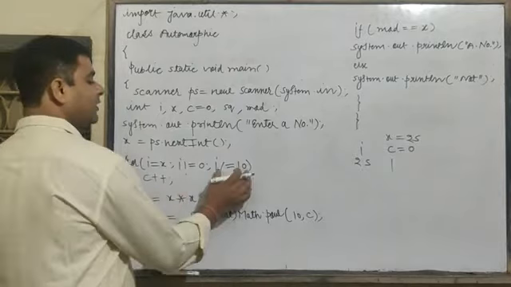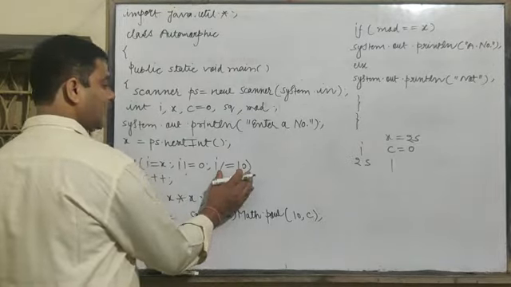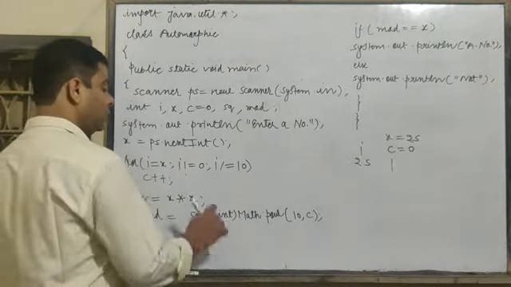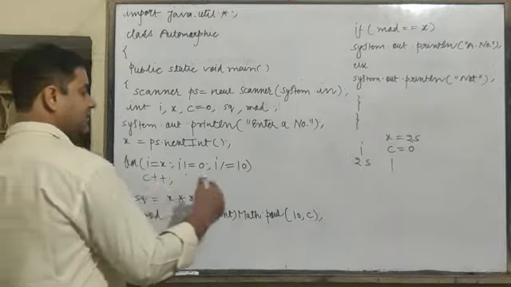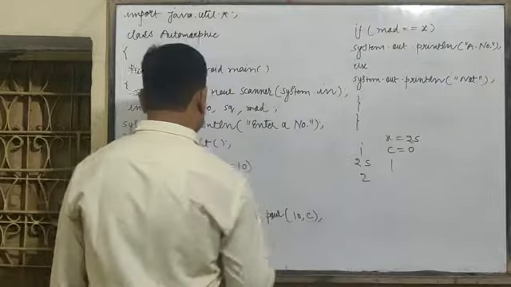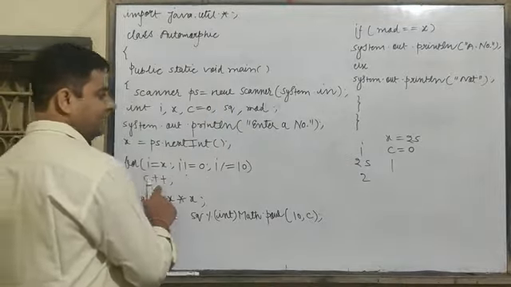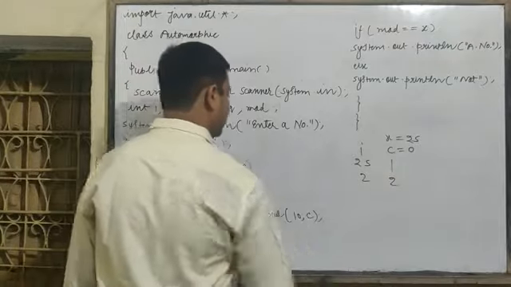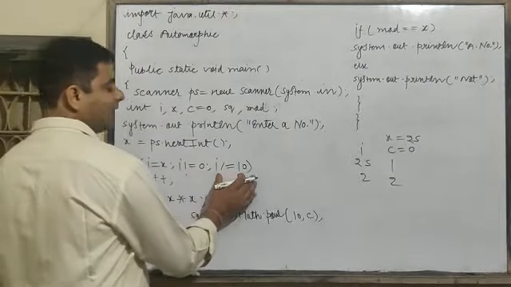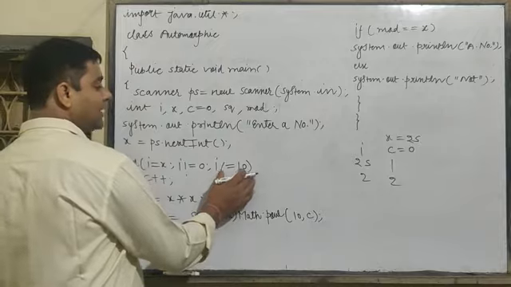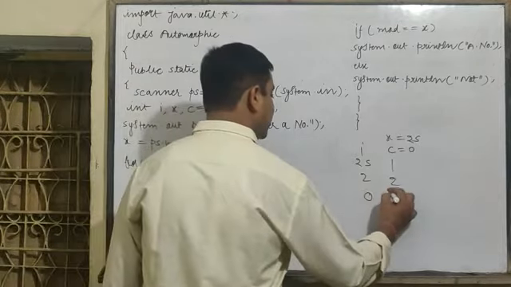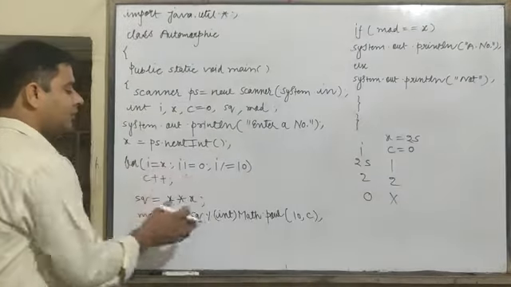After this, again we'll jump to this condition. I mod 10 equals... 25 upon 10, 2. 2 is not equal to 0, no. It will come inside. The value of c++ will be 2. Again we'll jump to the update part. So I upon 10 equals 0. The condition will be false, so it will come out from the loop.